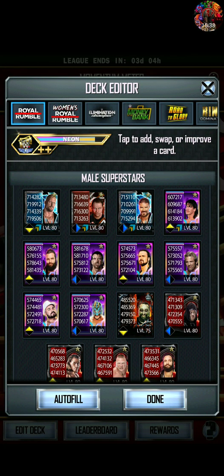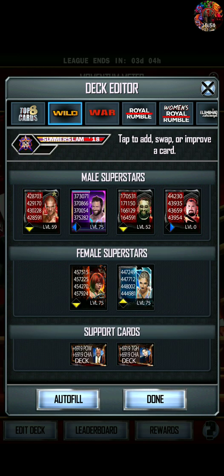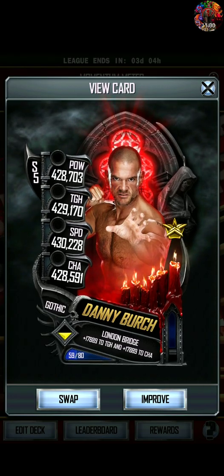But I'm going to go back to that because I've been winning a lot of matches. To be honest, that was actually my third match I've lost this week in PvP. The other two, the people I played against had all event cards. So I got my Zack Ryder over here. I just pro'd this Danny Burch, and the reason why I didn't max his level, he's 59 out of 80,